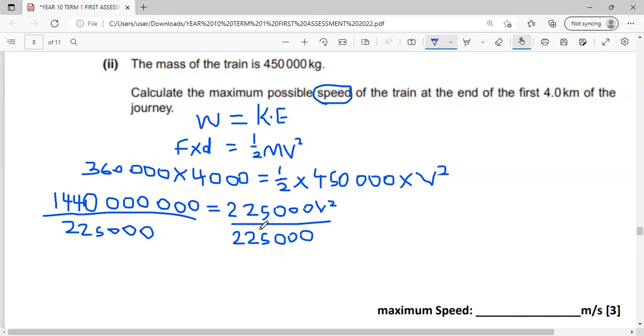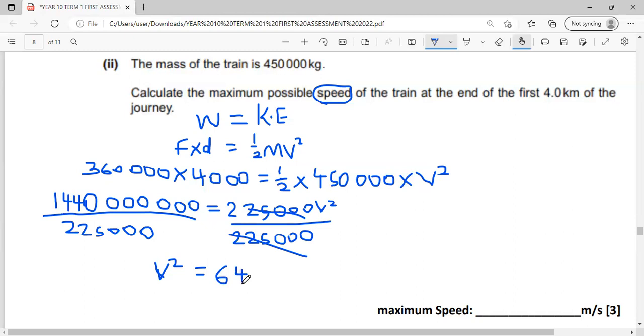By the time you cancel out, 225,000 will cancel out 225,000. So you have v squared left. V squared is equal to, divide this two, you will get